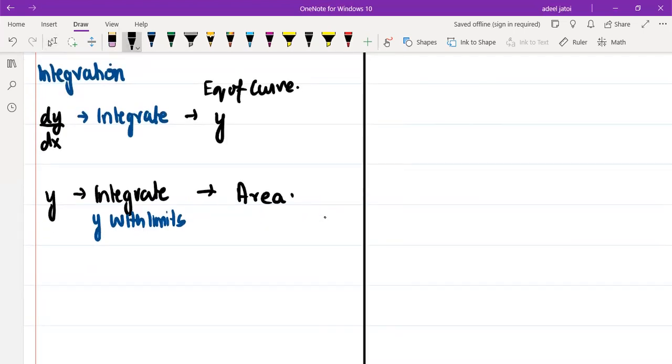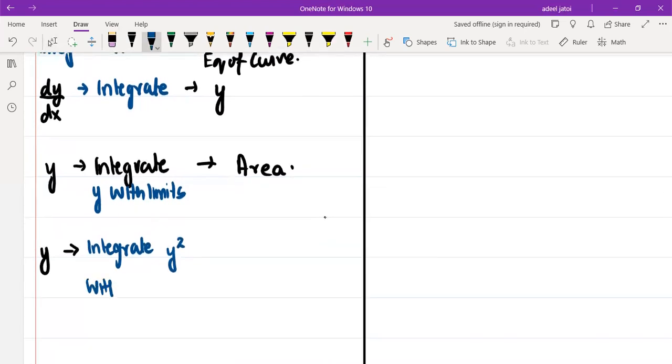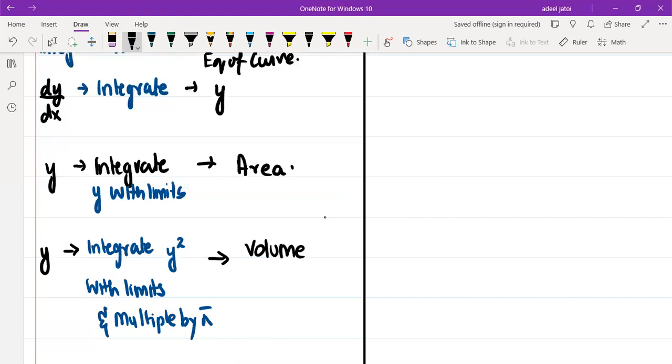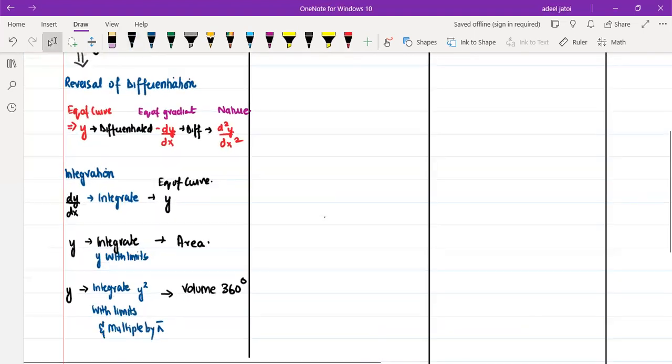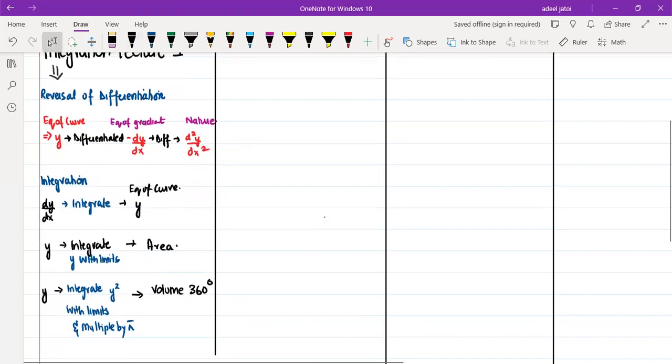When we have y and we integrate y square with limits and multiply by pi, we get volume, 360 degree. So that means in the question you need to understand that when we already knew that we had